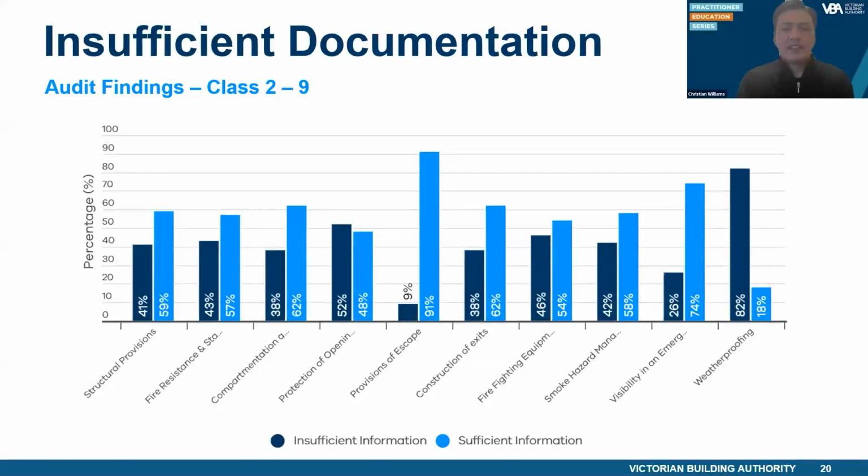The report indicates that this was a result of there not being a performance solution completed for any external walls, there not being a performance solution completed for all external wall systems, or the evidence of suitability being relied upon was not appropriately assessed. For example, limitations and conditions were not met of a code mark, or a code mark or the like was relied upon by the RBS. They did not undertake a determination as required under Regulation 38.